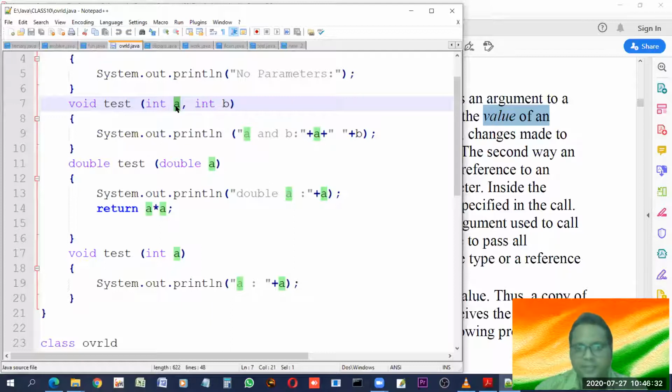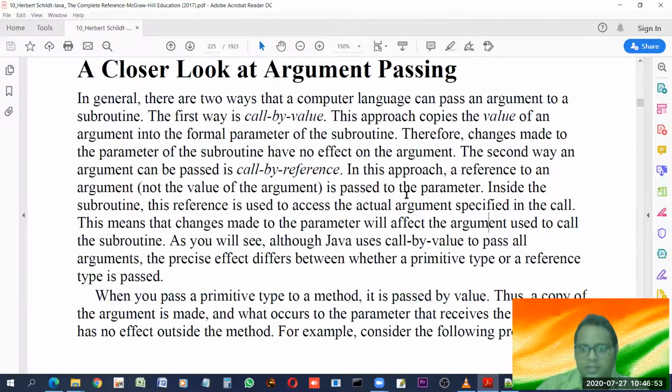The same case is here. So when we pass by value, then a copy of the data is transferred into another variable. Nothing happens to the original one. This is called pass by value. We'll make this point very clear with examples also, but first let us have a theoretical idea about this.